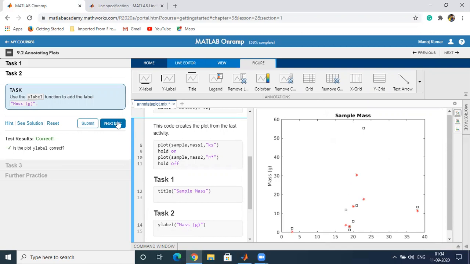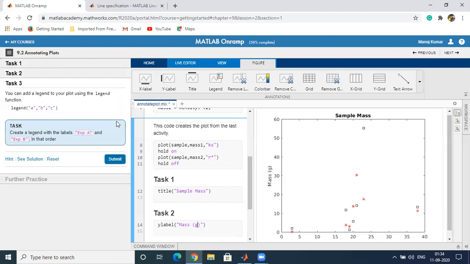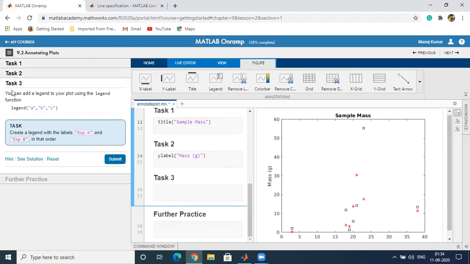Now we can also label the x-axis by using the command xlabel. We can also add legends, and we can give their names just by using the legend function. You can add a legend to your plot by using the legend function, with legends within quotes A, B, C. So if it has 3 different data, then we have to give 3 different inputs within the quotes.